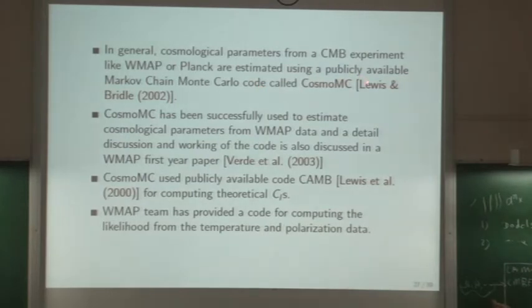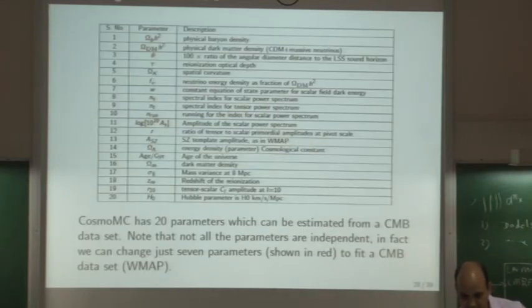So generally these cosmological parameters are estimated by codes like CosmoMC. It's a Markov chain Monte Carlo code. Generally it needs a very good computing facility; if you have a cluster it's better. It may be difficult to run this code on a laptop, but people have run it. I mean, it will run for a few days. And again, this is discussed in detail in this WMAP first year paper. There is a cosmological parameter estimation paper from WMAP first year data, where they have discussed the techniques.